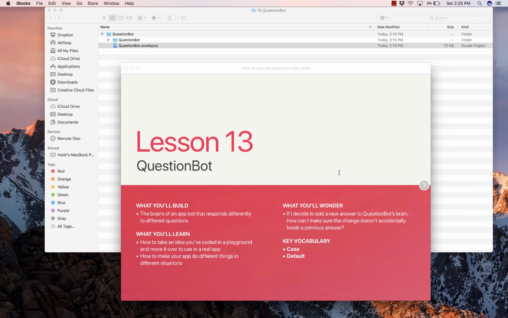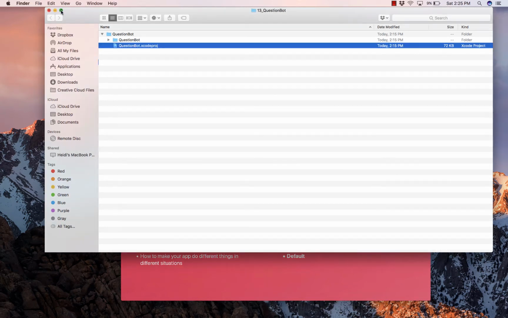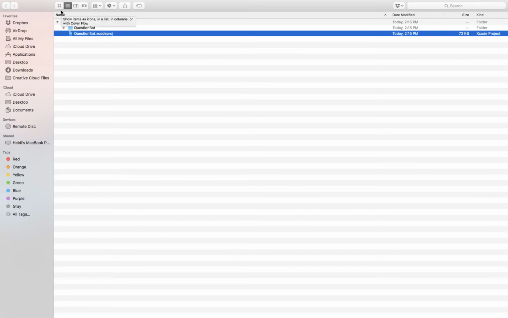I want to go ahead and give you an overview of what you will end up with when you complete your lab for Lesson 13. Your QuestionBot lab will bring together all of your hard work thus far in the semester. It's going to make sure that you understand the interface of Xcode in developing an app. It's going to make sure you understand the model view controller architecture. It's very important to understand when you're developing iPhone or iPad or iOS applications. It's going to make sure you understand the fundamentals of Swift also.